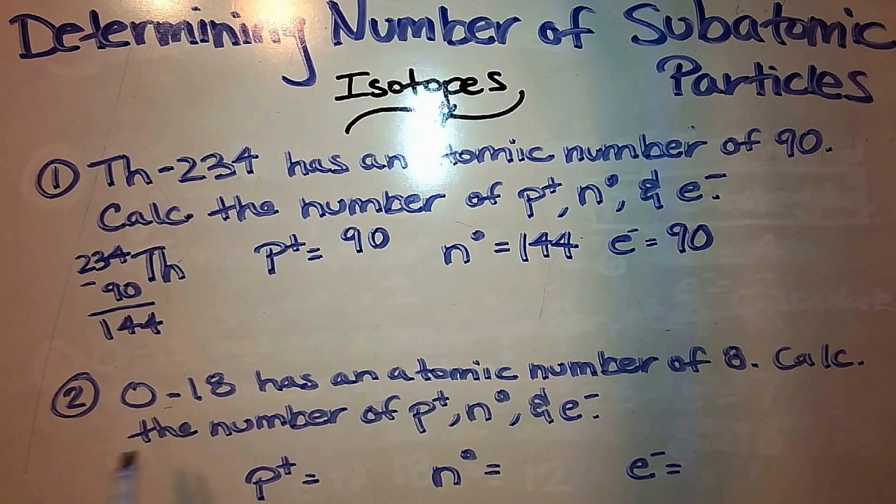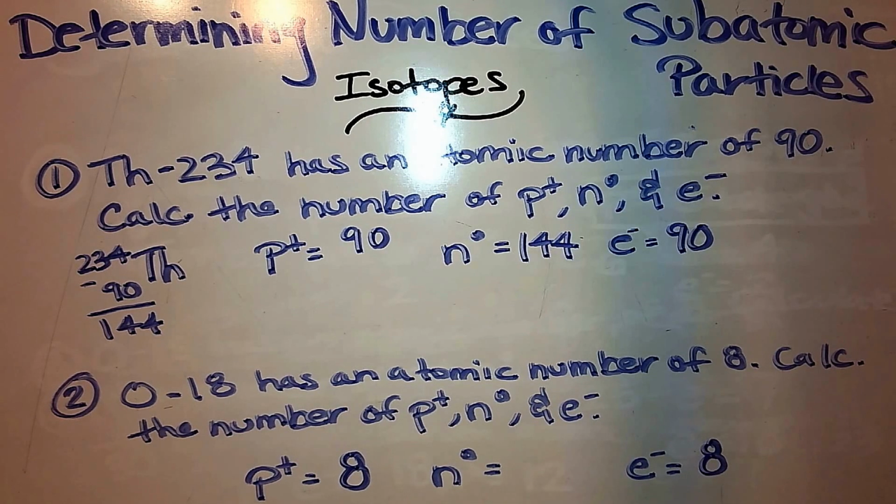Okay, number two. Oxygen-18 has an atomic number of 8. So given this information, calculate the number of protons, neutrons, and electrons. So my atomic number is the same thing as my proton number. It wasn't stated as having a charge, so I'm going to assume that it is neutral, meaning that my proton number and my electron number are the same. So I have 8